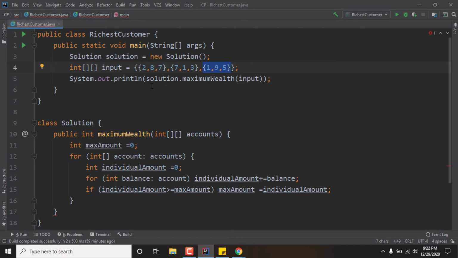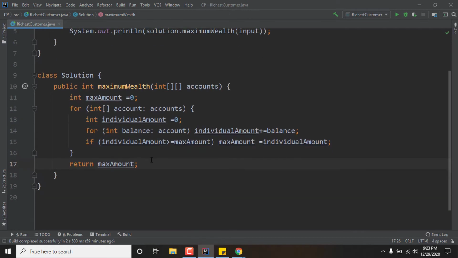If the last one is bigger than the previous one, then we are saving the greatest value in max amount. After doing that, we will return the value. So here I'm returning max amount. So here we go, this is the solution of the problem.